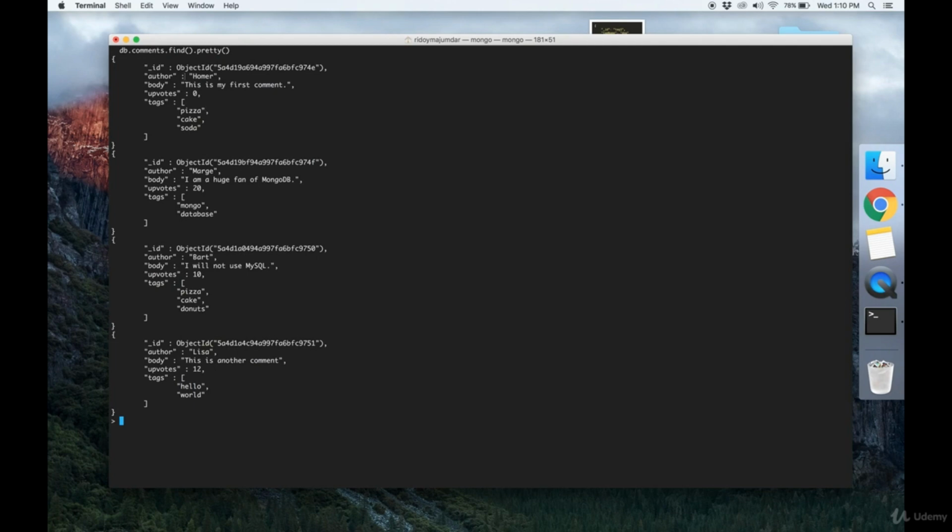And now say that I want to find all of the comments that are written by Homer. I would do a find query like this, where I set author to Homer, and I would execute it, and it would give me the document I want. However, the more comments that I have in my collection over here, the longer this query will take to execute,